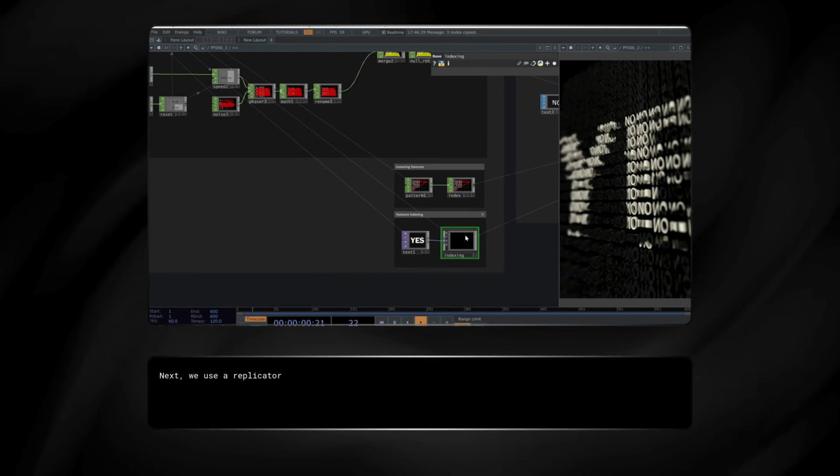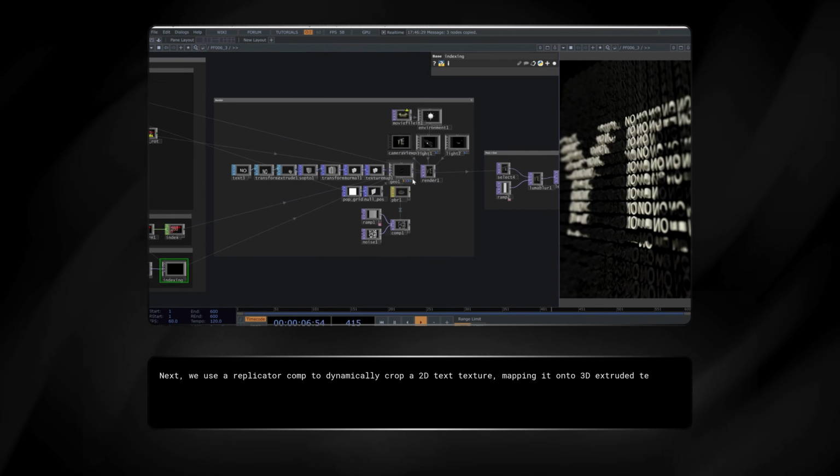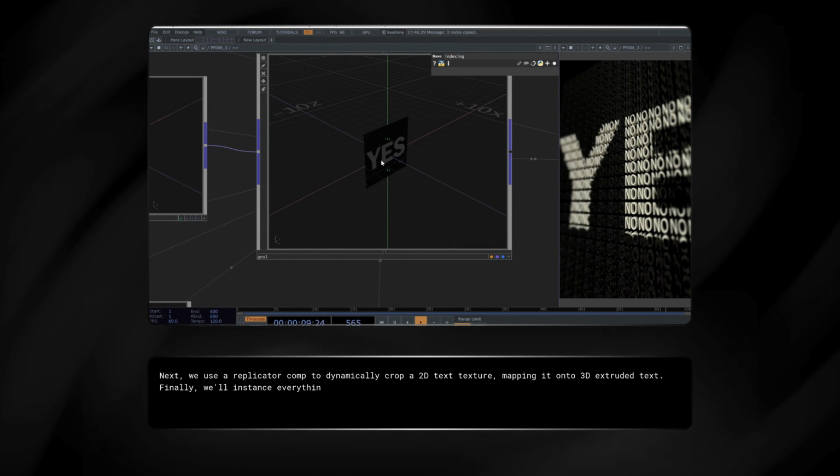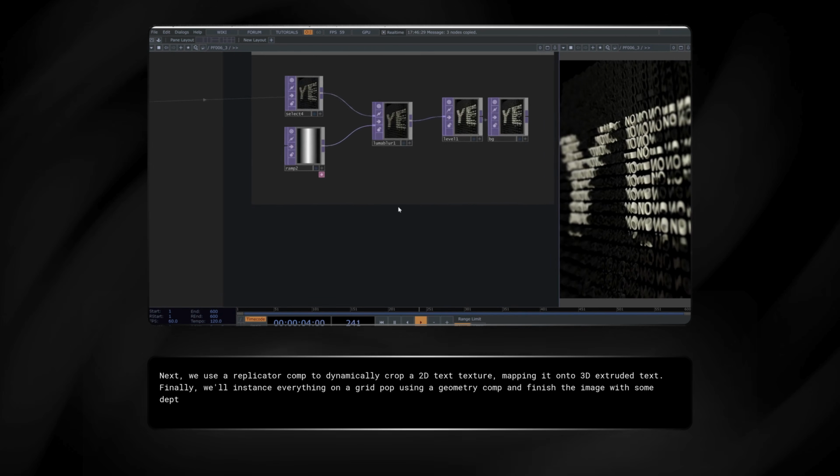Next, we use a replicator comp to dynamically crop a 2D text texture, mapping it onto 3D extruded text. Finally, we'll instance everything on a grid pop using a geometry comp and finish the image with some depth blur